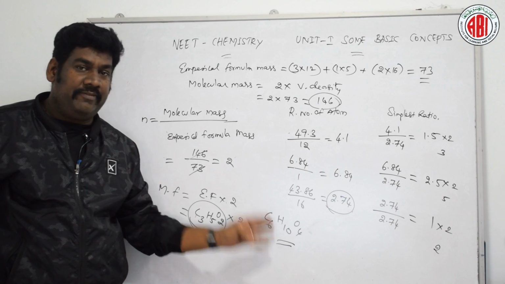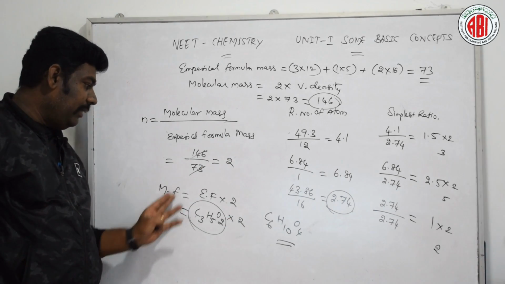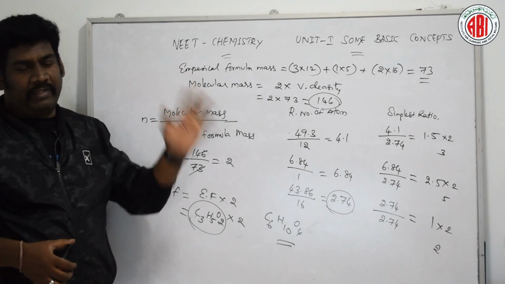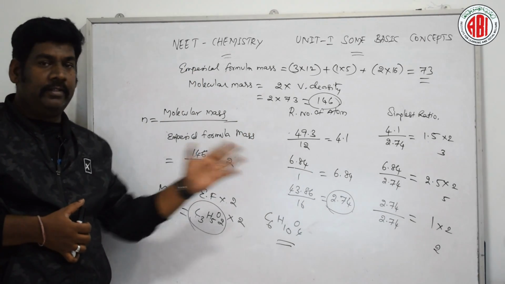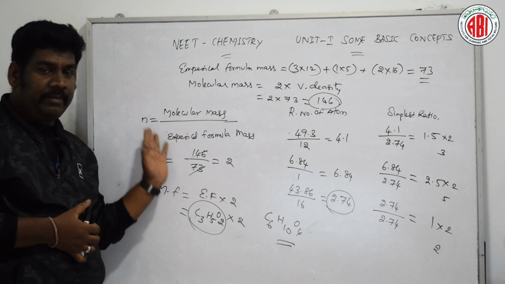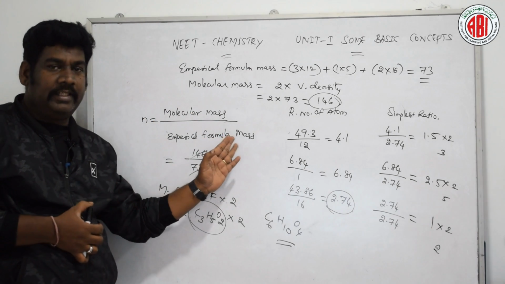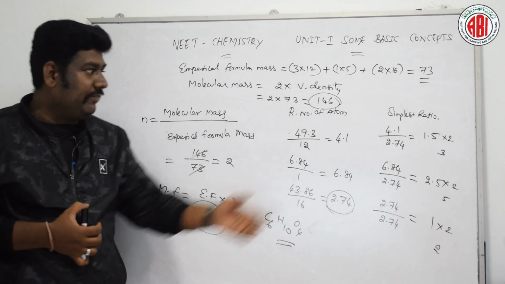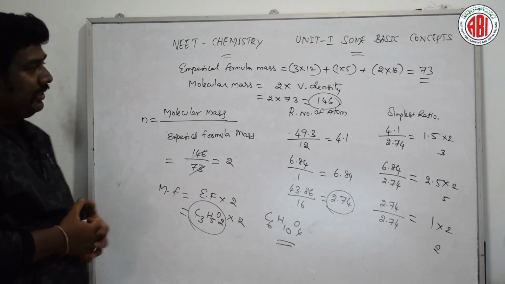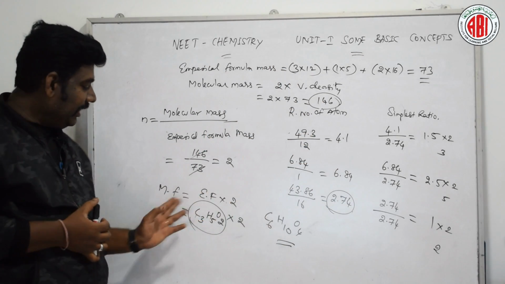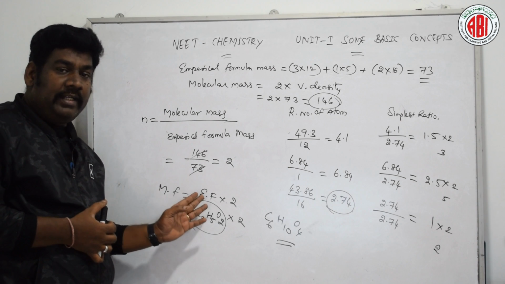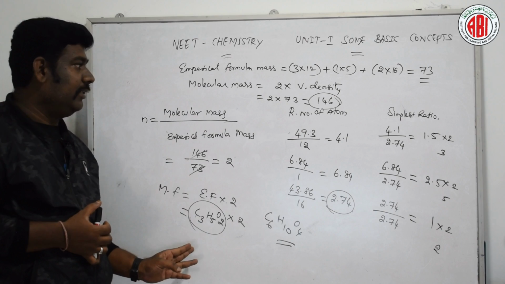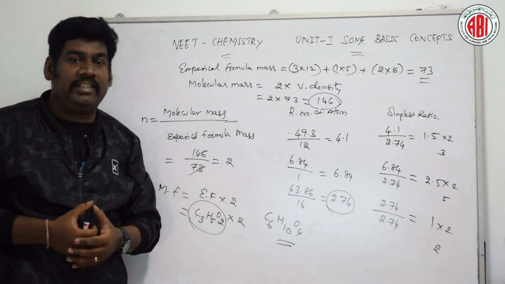So in this way we can find the empirical formula and molecular formula. Very simple. First we should make the table. The table includes the name of the element, percentage composition, relative number of atoms and simplest ratio of atoms. Then finding the simplest ratio of the atoms, we can get the empirical formula, and multiplying the empirical formula with 2, we will get the molecular formula. In this way we can solve this question.